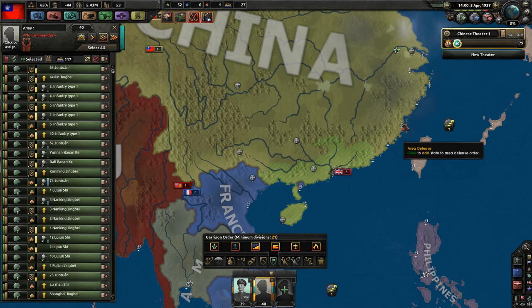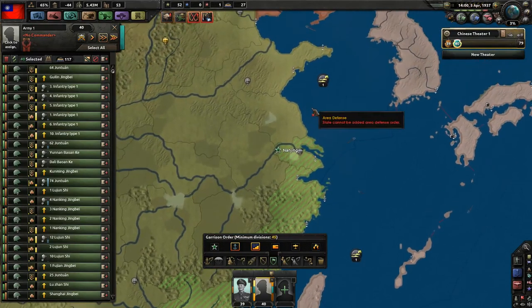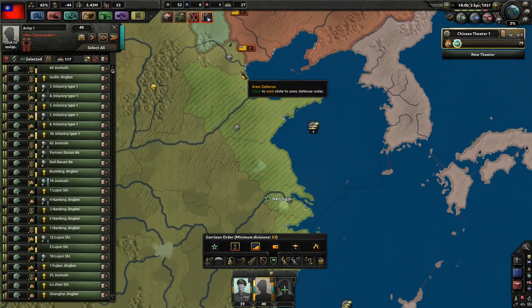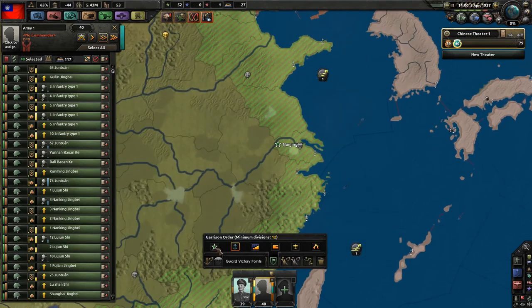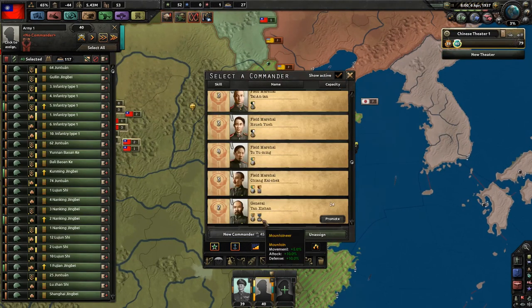I hope it's enough. It might not be, I might not be able to cover the whole coast. I might have to settle for just the naval bases. And can I do victory points too? Okay, so I've got more than enough for that. And for that, we're going to use...